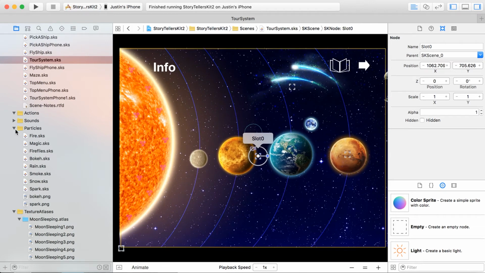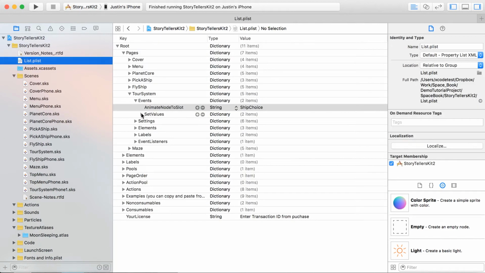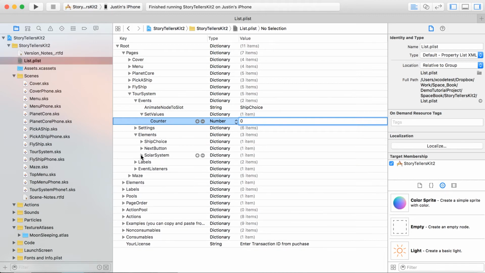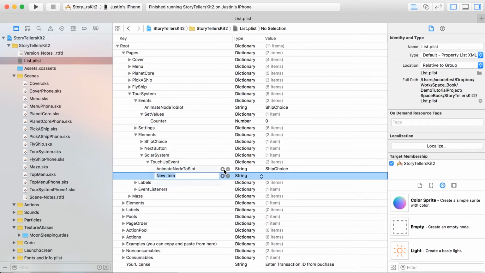So to do that, let's pretty things up a little bit, fold everything in. We're going to start to keep track via just a simple variable or value. We're going to call it counter. So let's go ahead and get rid of the set values that we had in here previously. The last one you can leave in though. And what we want to do is just name this counter. You can name it anything you want, but I'm going to set the value to 0 as soon as the page loads up, and then we're going to increment that every time you press down on the solar system. So unfold your solar system, go to your touch up event, and just add a new thing to occur inside of here,